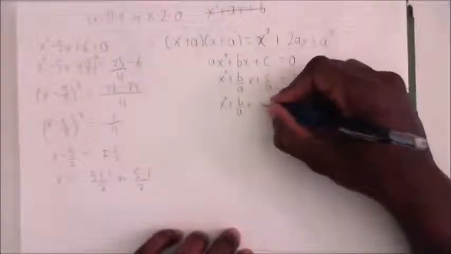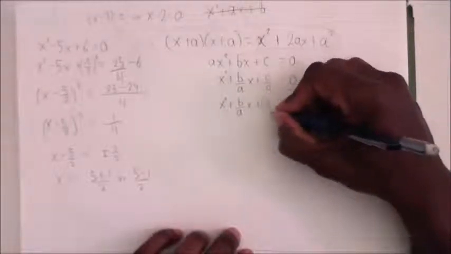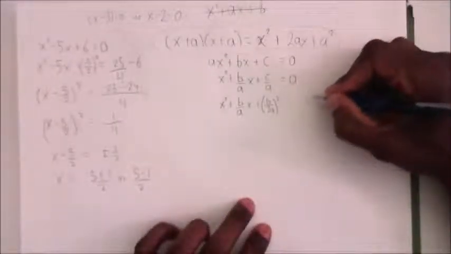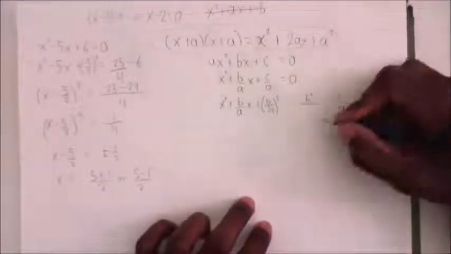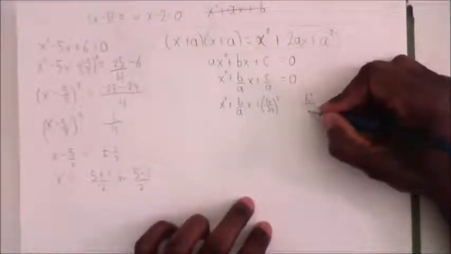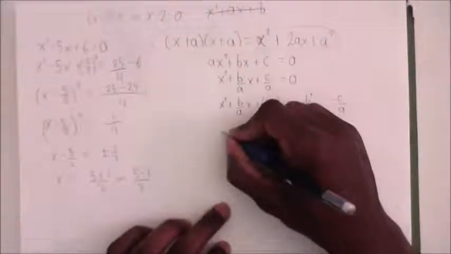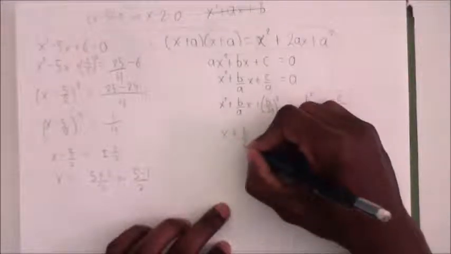Okay, so plus b over 2a squared, and that's going to be plus b squared over 4a squared. Okay, so now it's going to be x plus b over 2a